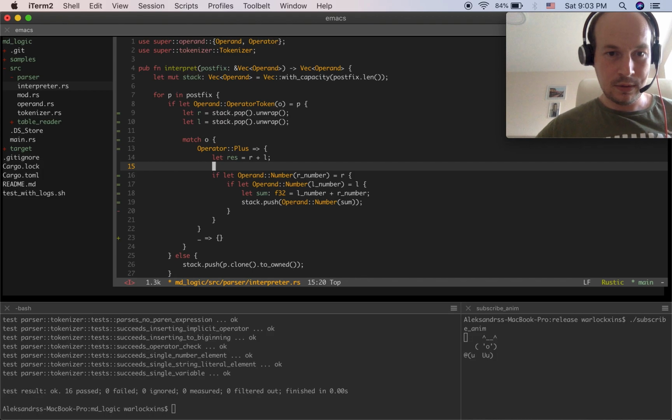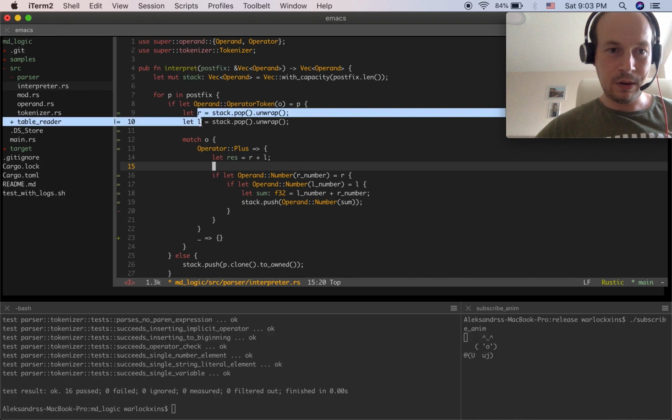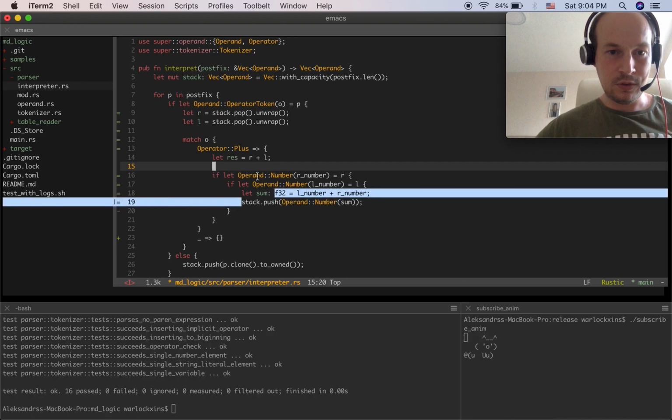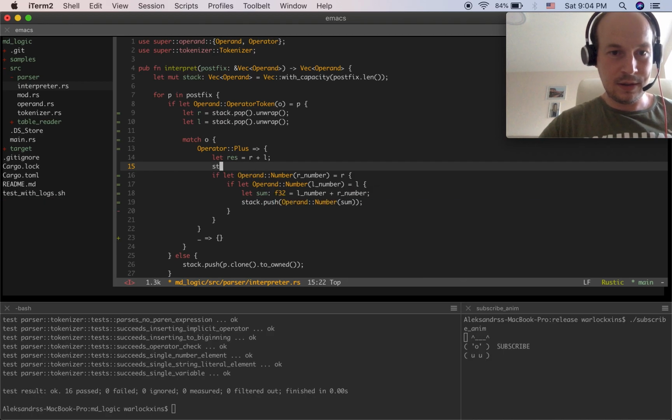And so the reference, these variables are immediately not available because this consumes them and the ownership deletes them right after use in here. So all I have is this new operand, and I can just make my stack push the res,